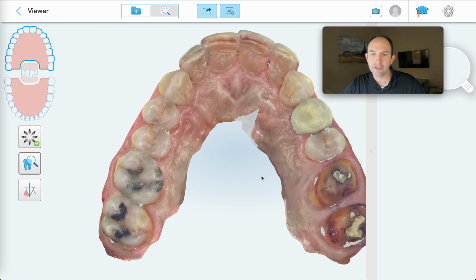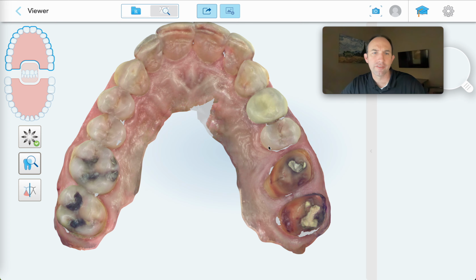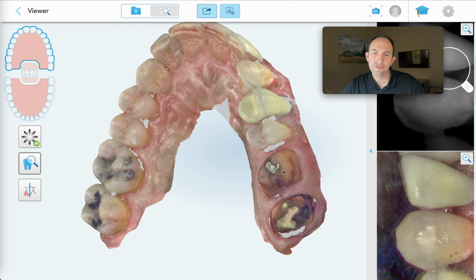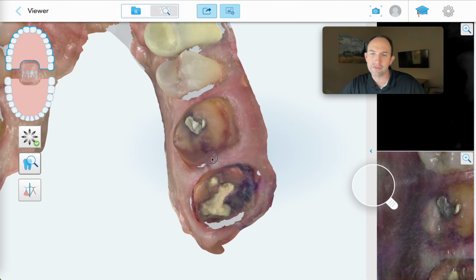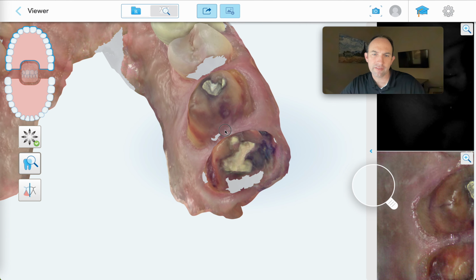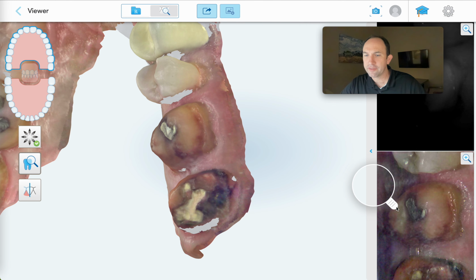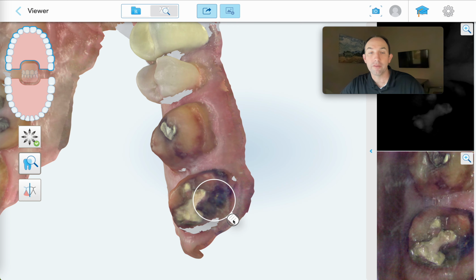So let's take a look at the upper arch. Kind of a similar set of challenges here. The patient has two crowns that have been missing for an unknown period of time, several years it looks like in this situation. Now, although on the surface these teeth may be fixable, or it appears that they may be